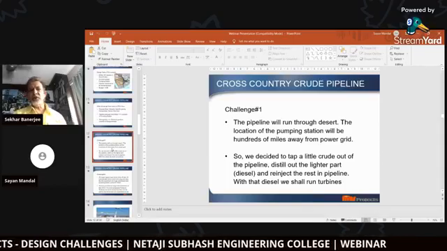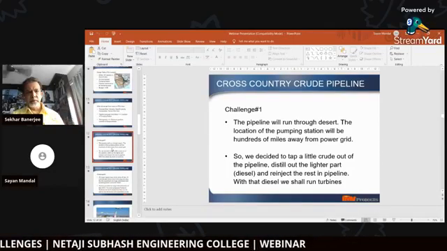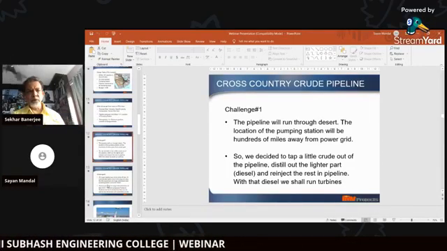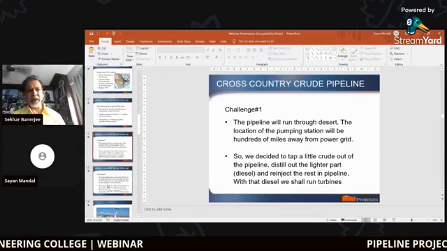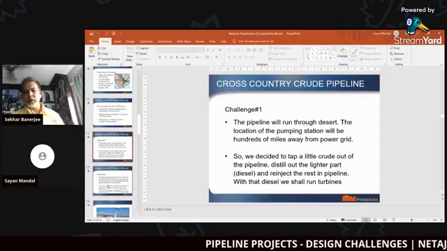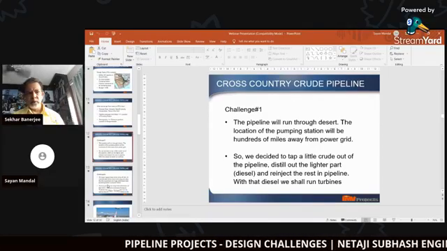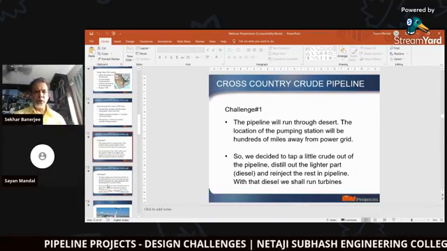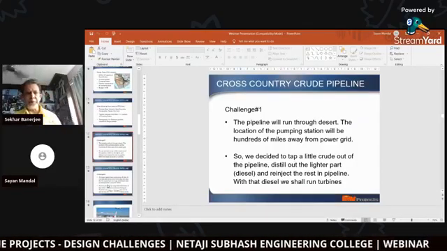The pipeline will run through desert. The location of the pump station will be hundreds of miles away from the nearest power grid. So how should we run the pumps? Well, we decided to tap a little crude out of the pipeline